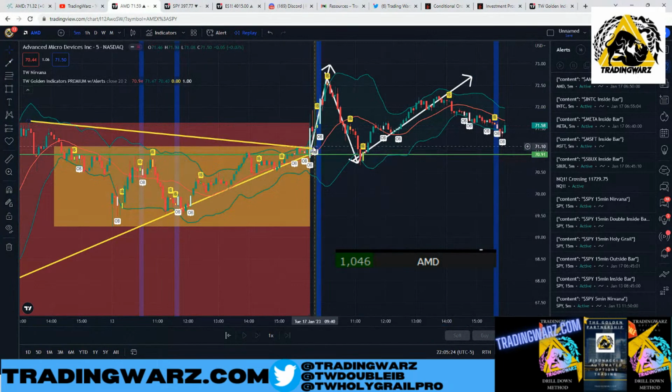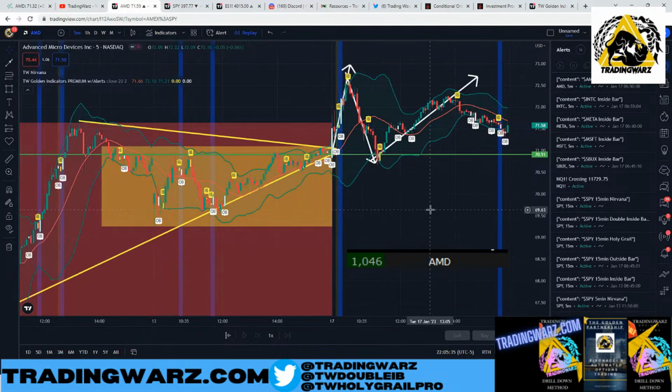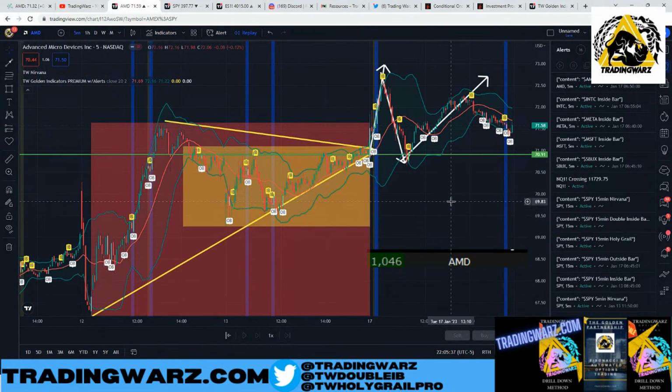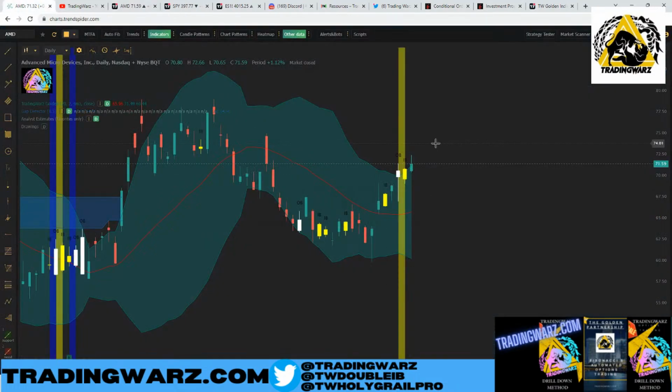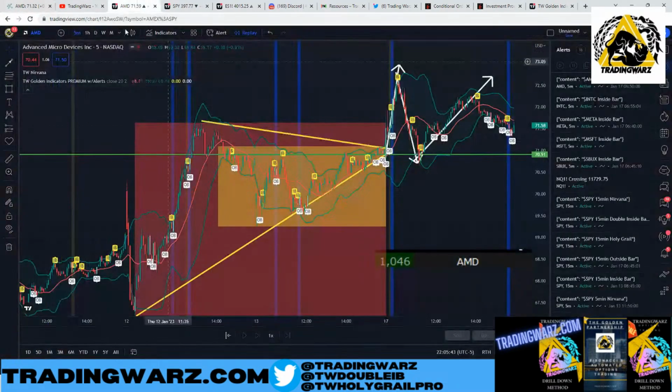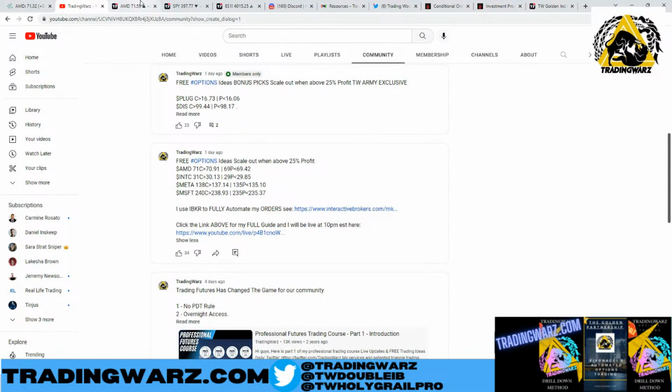Okay. So I always like to take it right off the bat. But if you miss the entry, if you got a bad fill for whatever reason, that level, you could use it as a re-entry if we go ahead and retest the level. All right. And literally all we're doing here is step one, we're identifying stocks that are likely to break out based on the patterns. We go ahead and we get our levels, and I always share my levels with you